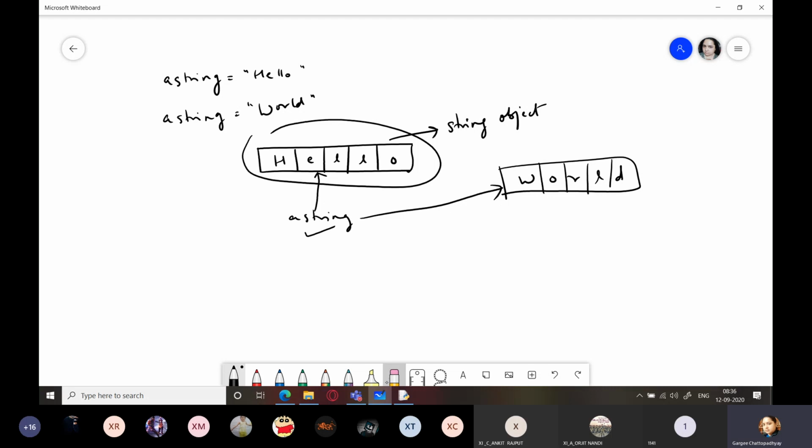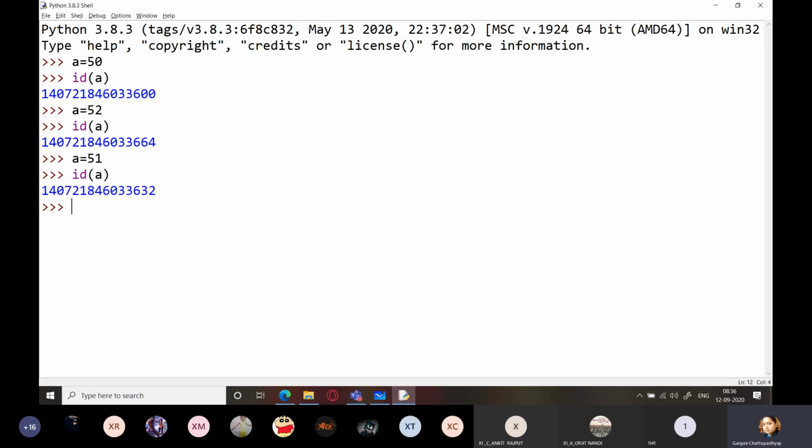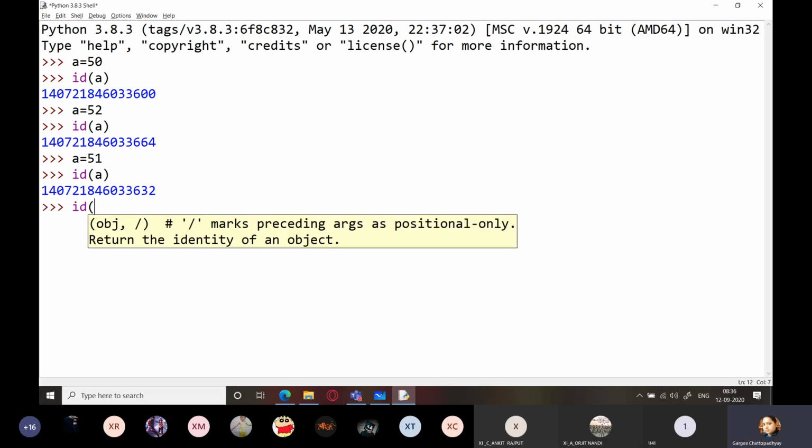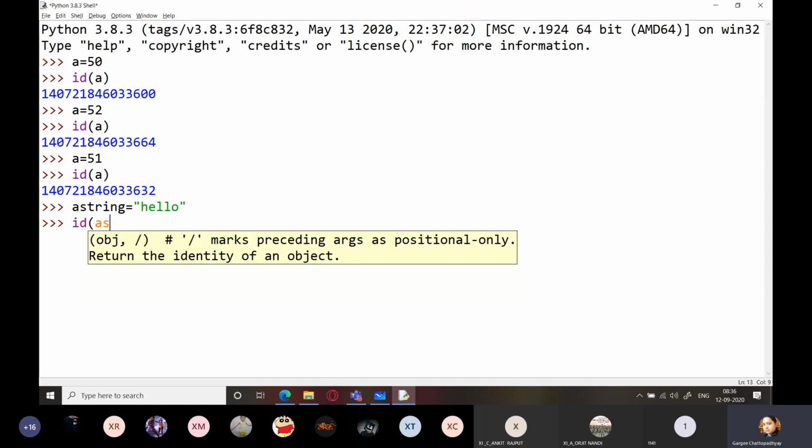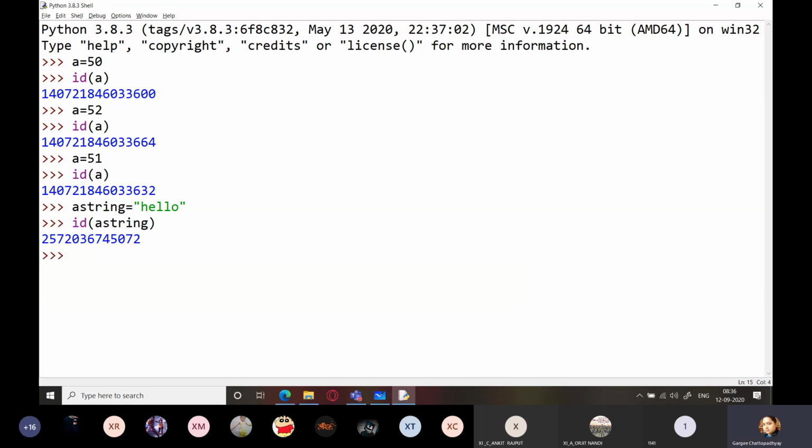Understood? So the previous association will be broken. I'll just show it to you. You can also do it yourself. If I write a string equals hello, and I print the ID of a string, this is the memory address you can see.